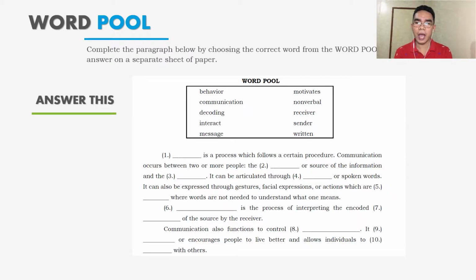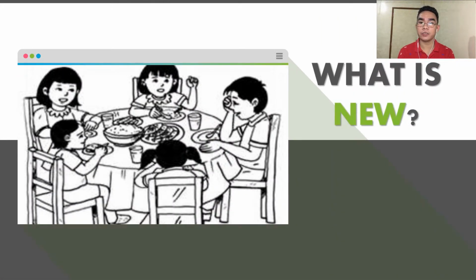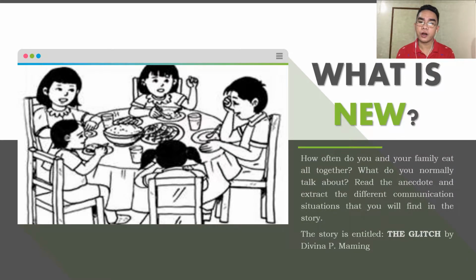So this time I want you to look at the picture. As you can see, there are 5 people on the table. And what do you think they are doing? Of course, as you can see, there are foods, there are plates, there are cups. So most probably, or just to be sure, they are eating their lunch or breakfast or the dinner. Okay, I'm so confused. So sorry. So anyway, I think it's gonna be either lunch or dinner.